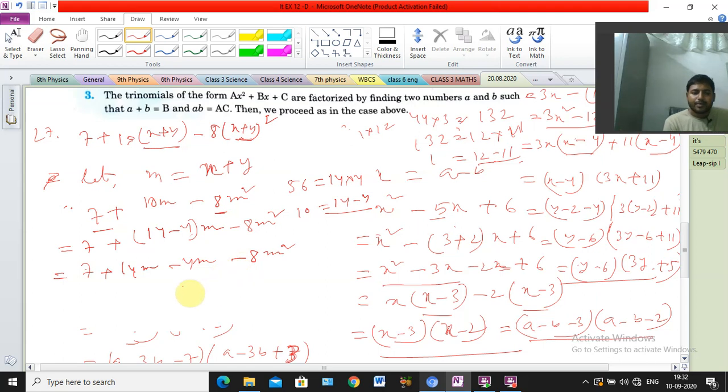Okay, now take common, sir. What is the common from the first two terms? 7 is the common. If we take 7 common, 1 plus 2m will come, because 14 means 7 into 2, so that's why 2m. And the last two terms, what is common? Minus 4 is also common and m is also common. So if we take minus 4m common, 1 will come, plus, because minus is already taken common, and 2m will come. Clear? Understood?